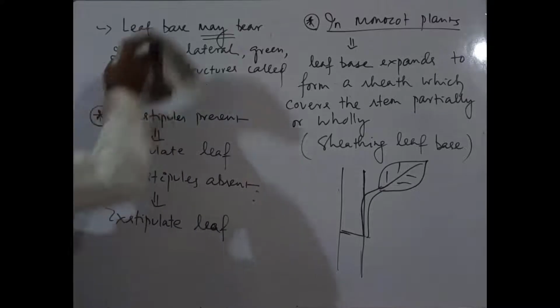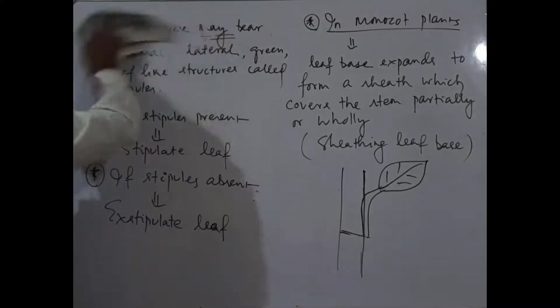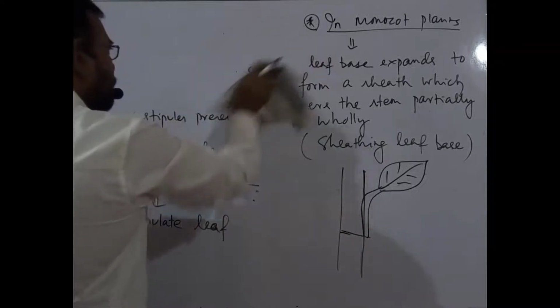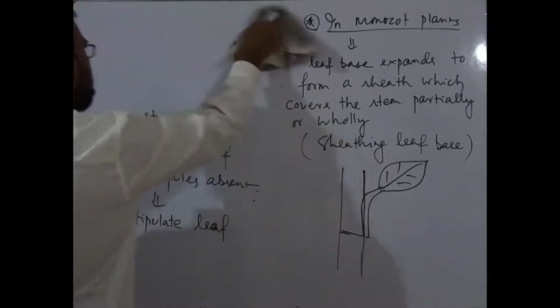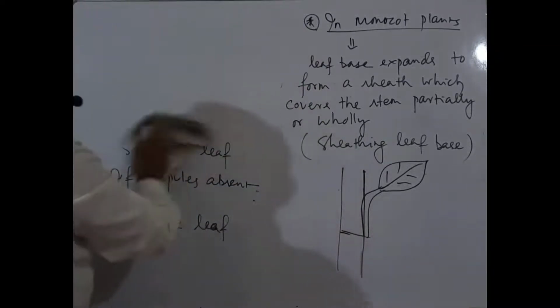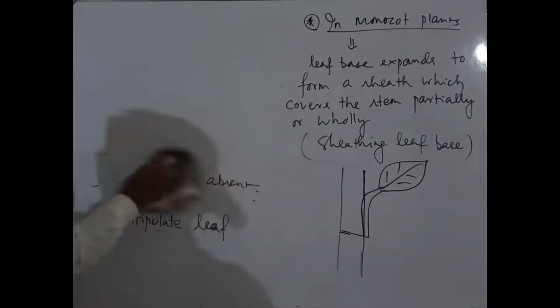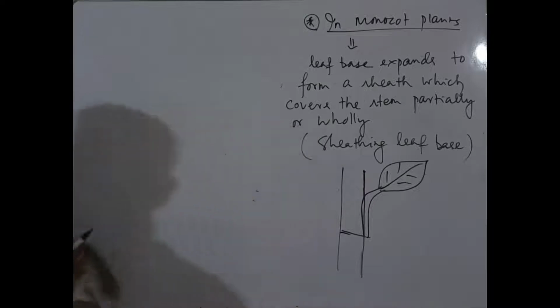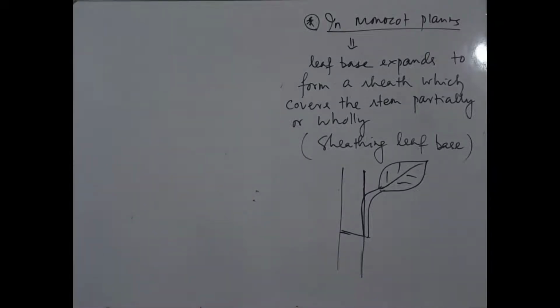और एक मॉडिफिकेशन क्या है, हम अभी लीफ बेस के बारे में स्टडी कर रहे हैं, about some important points related to leaf bases. एक तो हो गया मोनोकोट प्लांट में सीडिंग लीफ बेस, दूसरा है लेग्यूम प्लांट्स में जैसे पी, बीन्स, ग्राम, ये सब लेगुमिनोसी फैमिली, लेग्यूम प्लांट्स, लेकिन सब में नहीं, कुछ लेग्यूम प्लांट्स में,